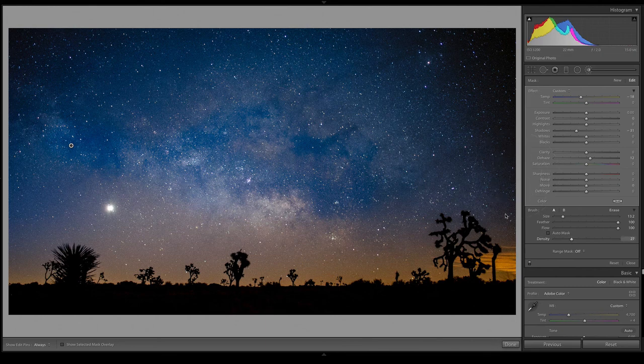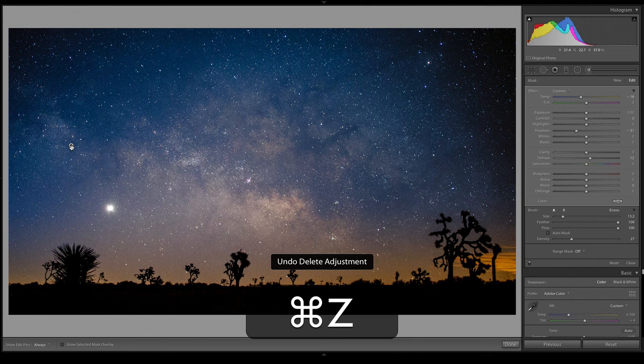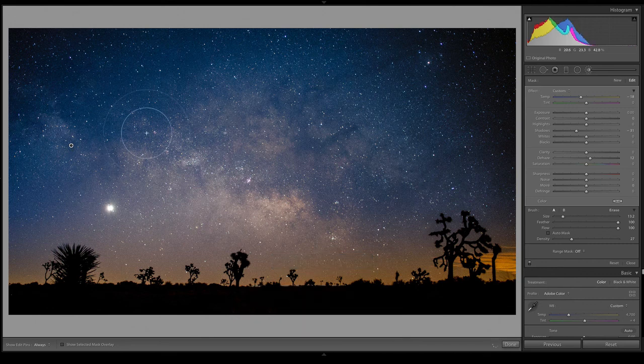Now I'm going to turn down my density and just brush over the edges just so it blends in a little bit more. Something like that. So let's delete this so you can see what happened. There it is. And then undo. It's a lot of processing that the computer has to do with all these brushes, but I like that. It brings out some of these details in the stars in the middle.